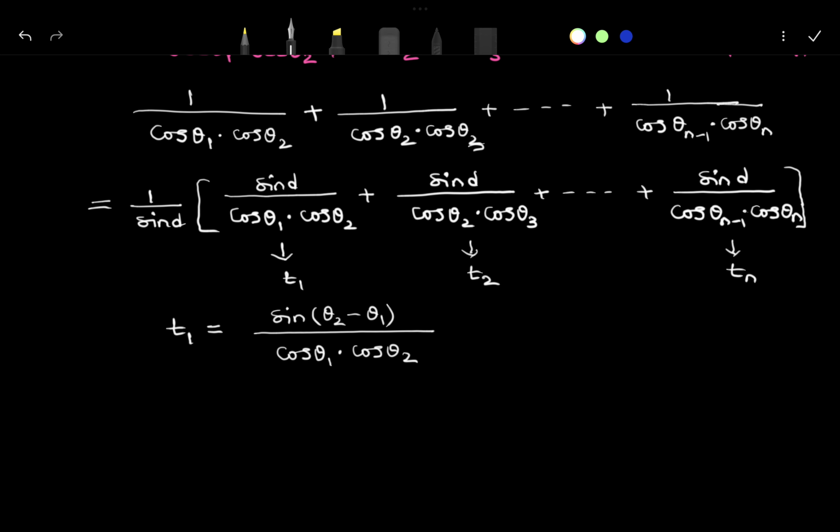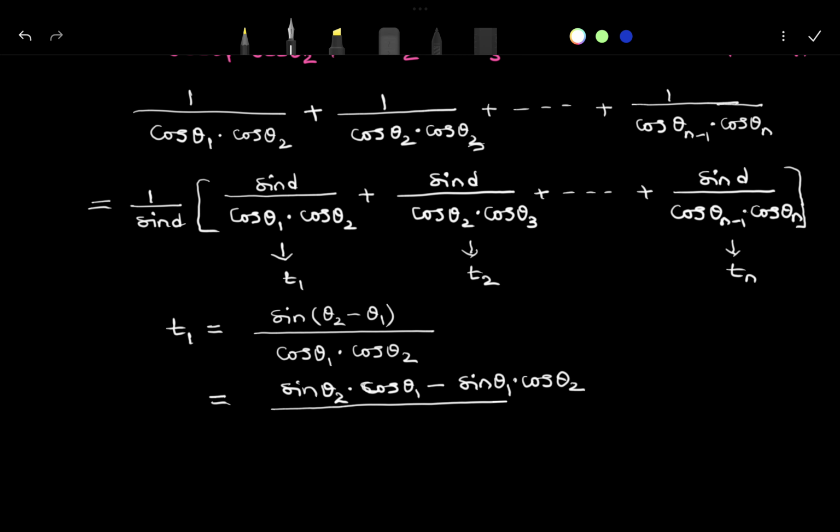After that, the numerator part will be sine of a minus b, with the formula sine a cos b minus cos a sin b, that is sine theta 2 into cos theta 1 minus sine theta 1 into cos theta 2,